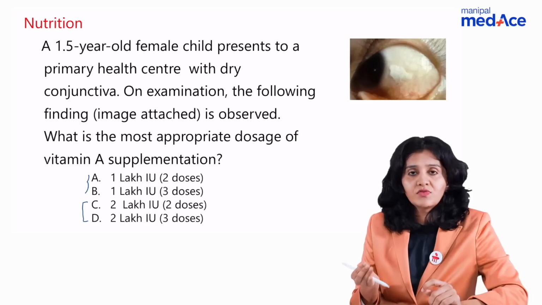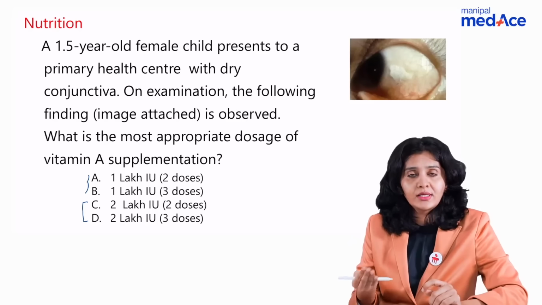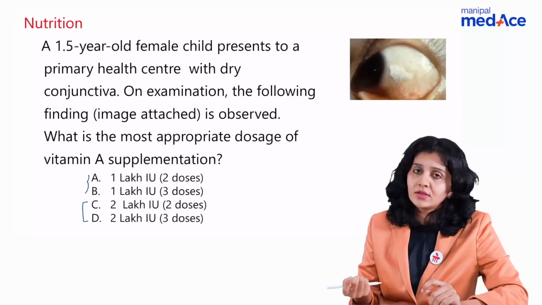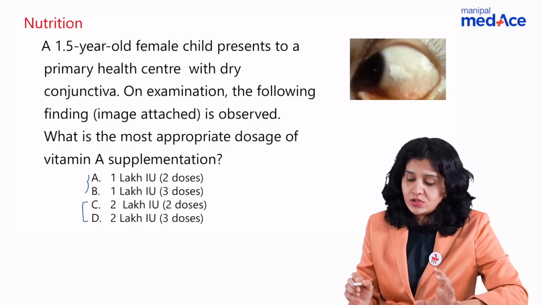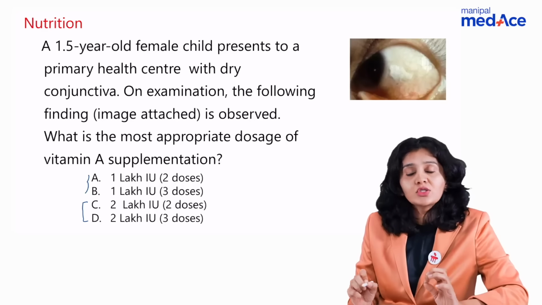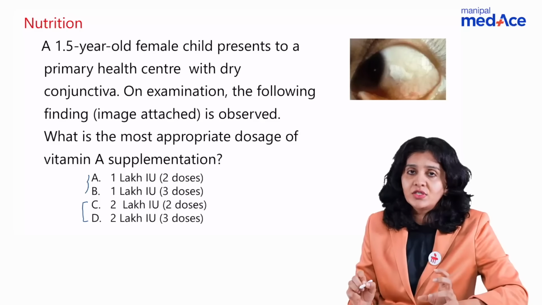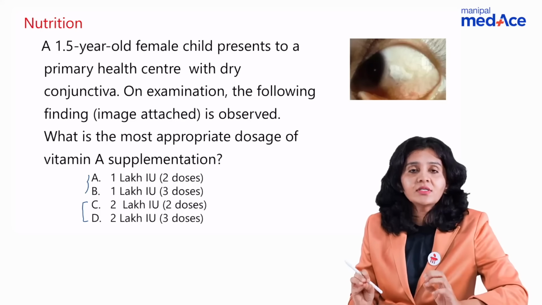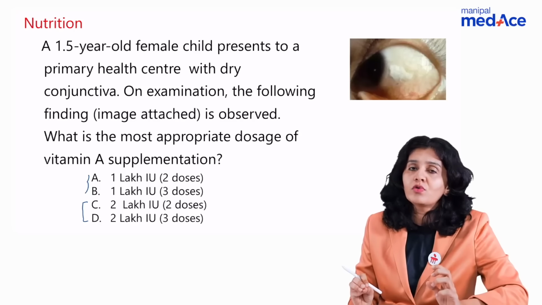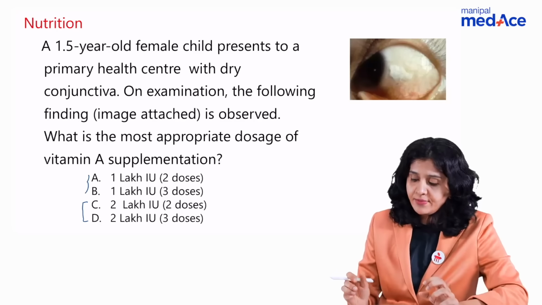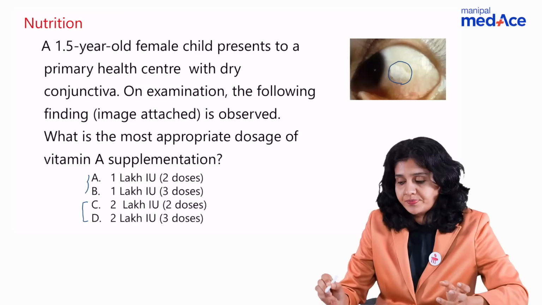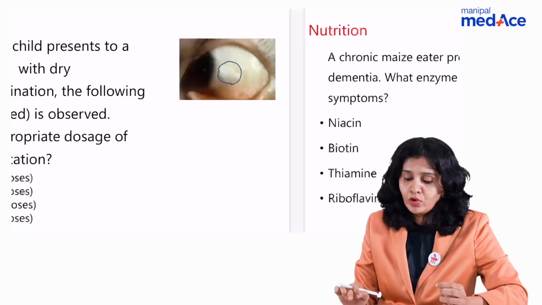Today you give 1 dose if the child has come to you today. Tomorrow, that is 24 hours later, you're going to give the second dose, and 2 weeks later you're going to give the third dose. So totally it becomes 3 doses. If the child is not suffering from vitamin A deficiency, prophylactically what do you give? Starting from 9th month till 5 years, every 6 months you give 1 dose of vitamin A prophylaxis, right? And the image, of course, you know it is white dot spot. Okay. Moving on to the next question.